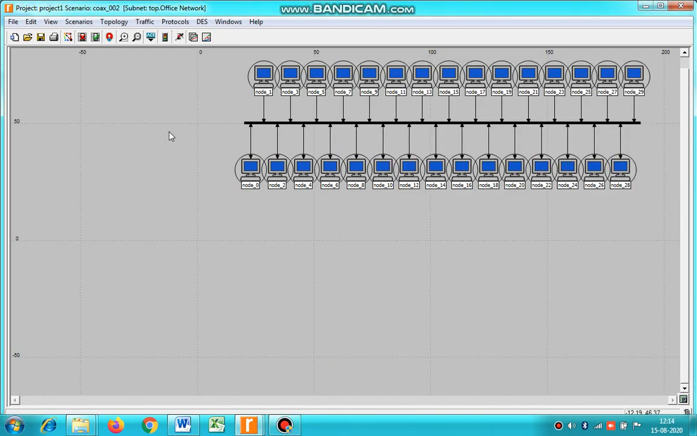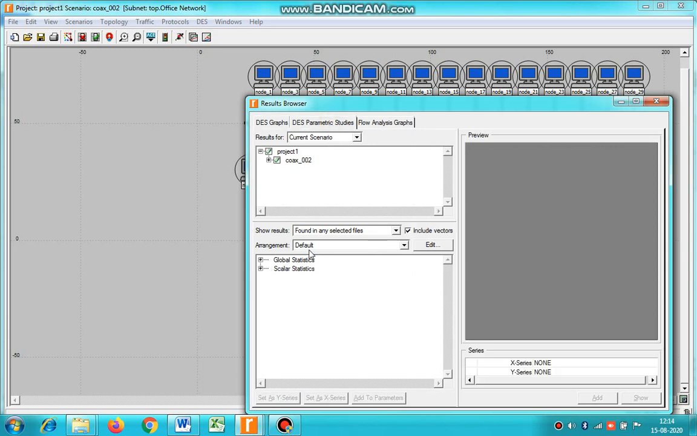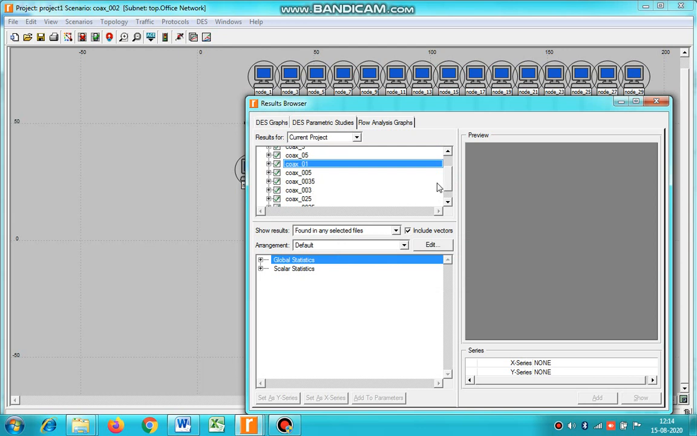After creating all the 8 duplicate scenarios, we have to view results. Now this is the key, we have to view results. Select the DES parameter studies, and here the current project, and select all these ones, coax 2, 3, 5. I've just shown one to you, remaining all you have to do on your own. 005, 0035, and this one. Unselect this 0025,